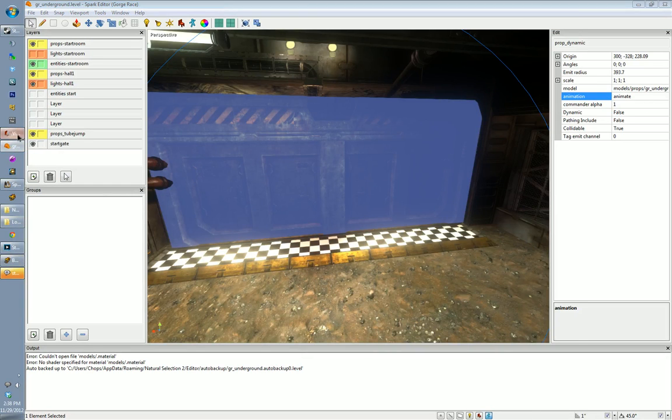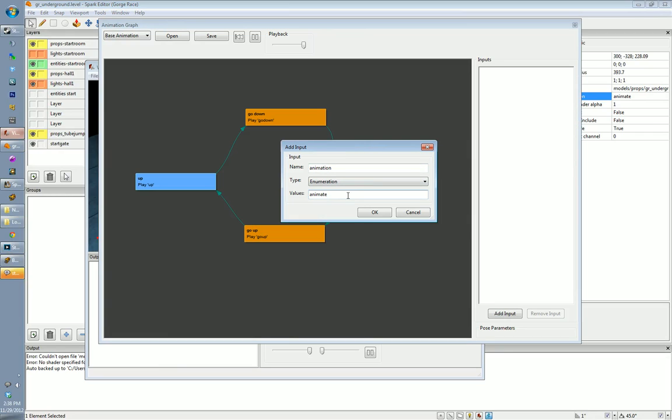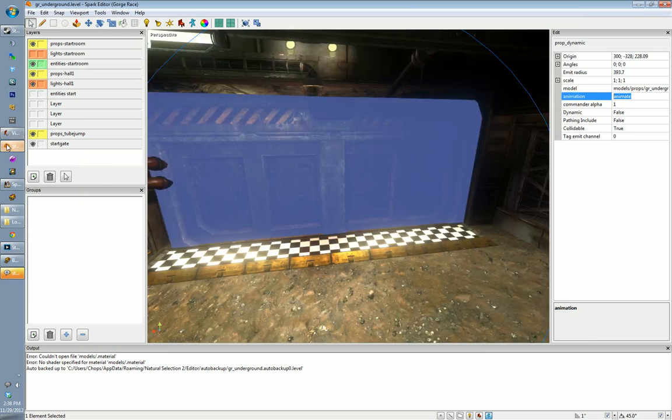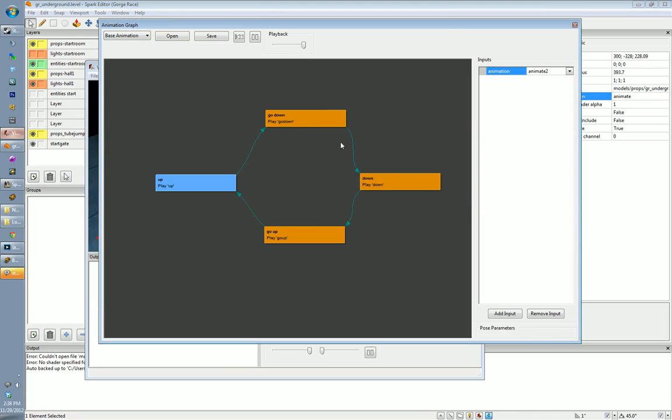this box. So we want that to be animate, and you can add animate 2, animate 3, name it whatever you want, and by just separating them with commas, it would create a new drop down with all 3 different animations. So we really only want animate, but if we were to use animate 2 as an input, we would set that up in here and have a different prompt dynamic, and we would name this animate 2, and it would use that input. Hopefully that makes sense. So going back to inputs, we want to set that to animate,